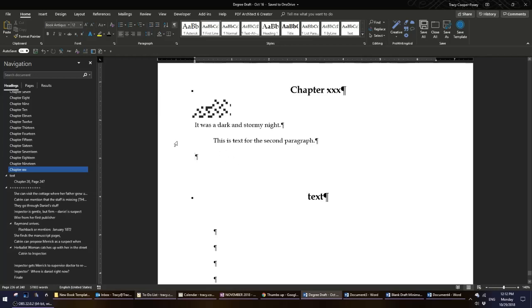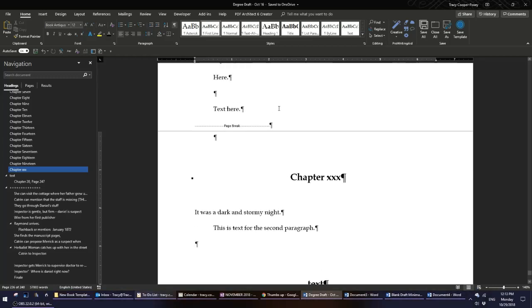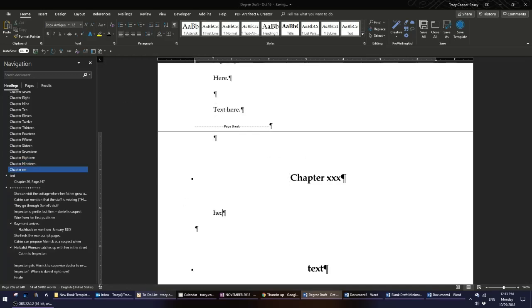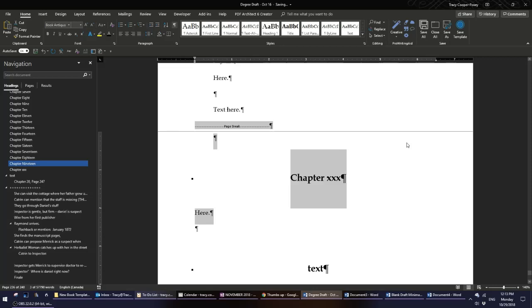Now, I was going to show you a couple of hacks. Now, this is how you set up the shortcuts. You put in exactly what you want in your shortcut. Originally that was here, and we want first line. We make sure everything's right, so we've got the page break, we've got the one blank line, the heading there, and here. Now you highlight all of it, everything that you want in the shortcut,